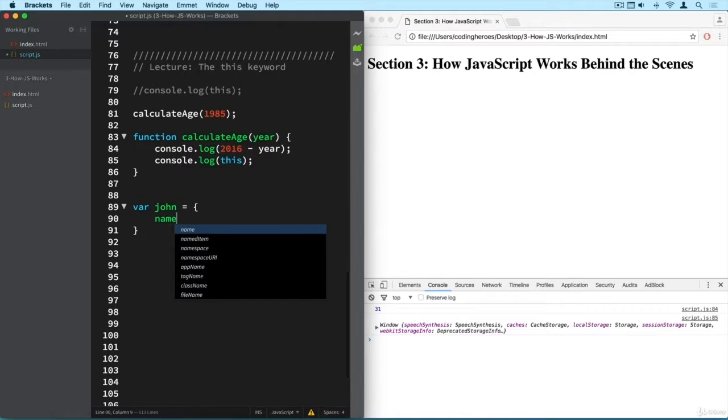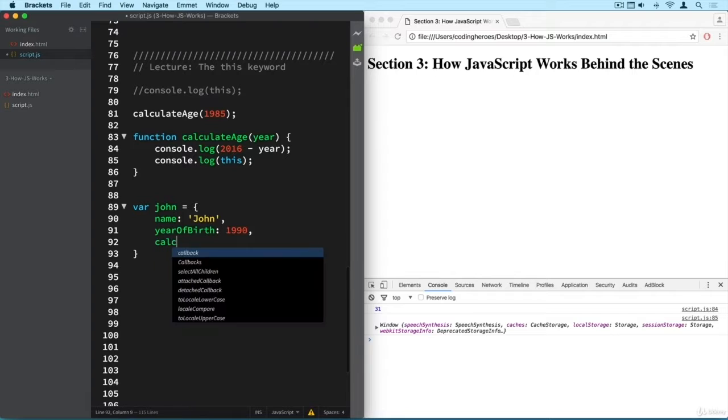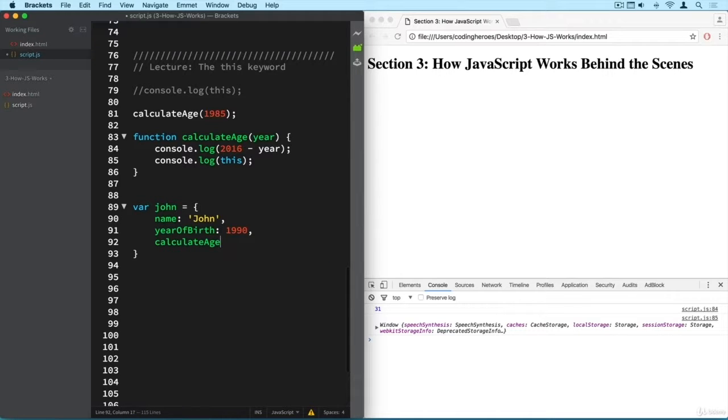So name, John. And here's not a semicolon, but the normal comma. Then year of birth is 1990. And let's now add a method here, and it will be our calculate age method once again. So calculate age,